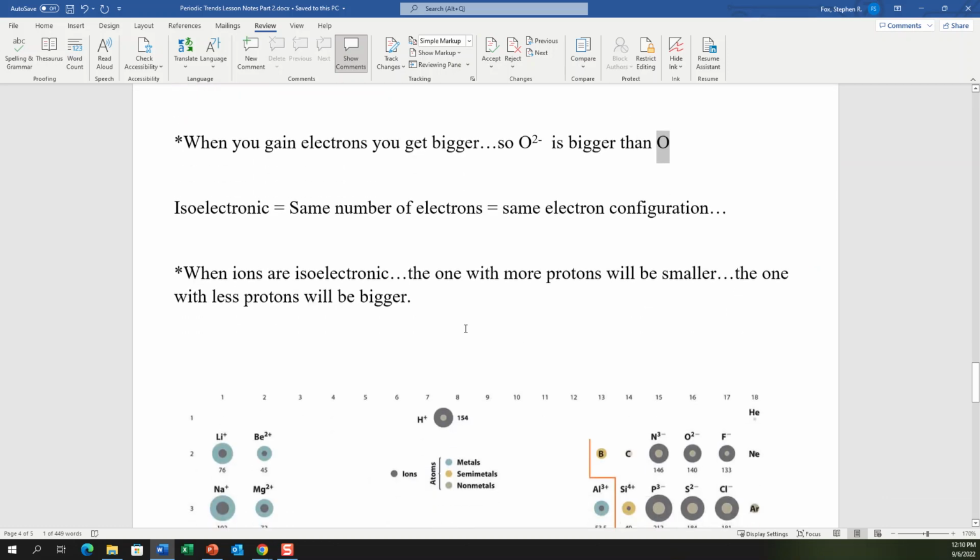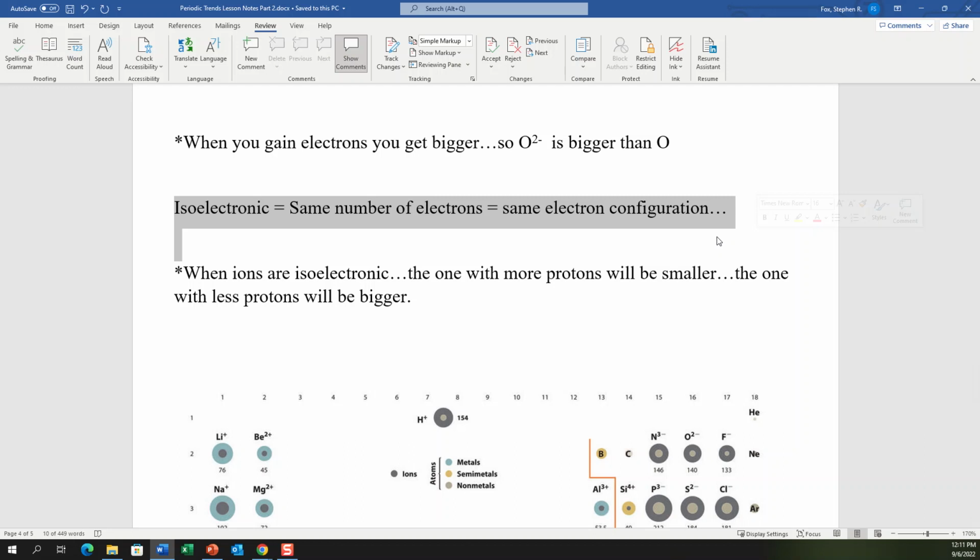But the thing you really want to focus on is things that are isoelectronic. So comparing two different things, maybe two different ions, or comparing an ion to the size of a noble gas when they have the same electron configuration. So that's all isoelectronic means. It means same electron configuration. So when you have the same number of electrons, it's really easy. When you have the same number of electrons,